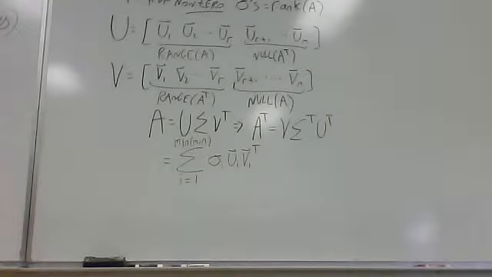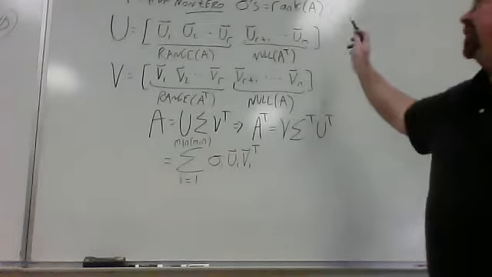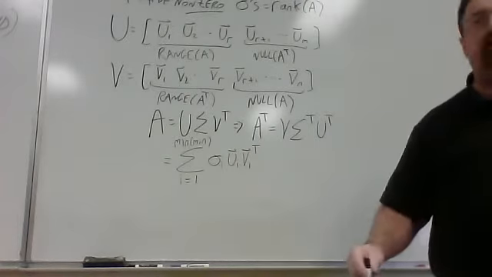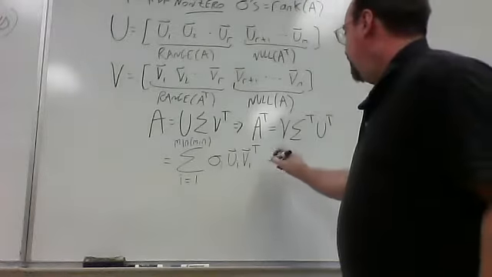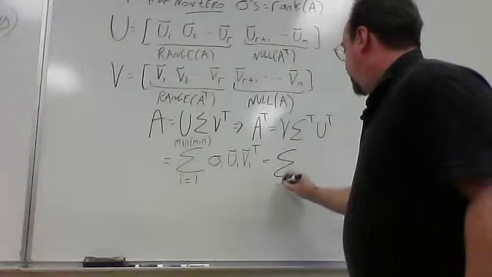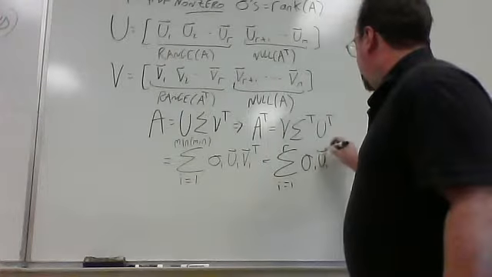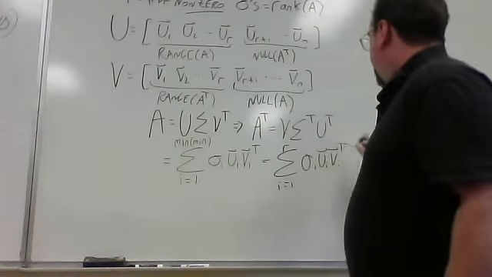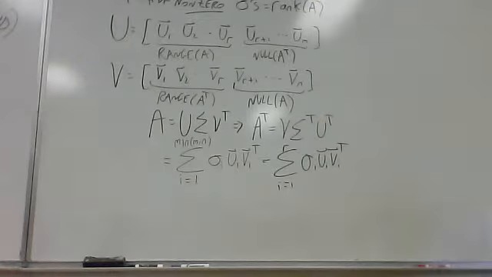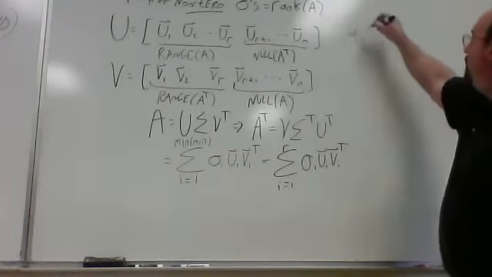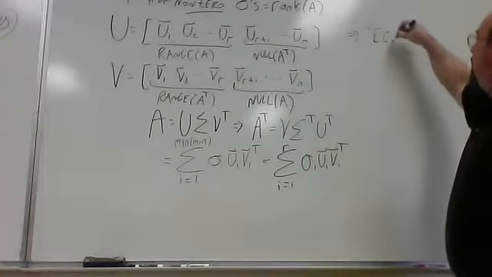R. Yes. The number of non-zero singular values. Once I go past r, these terms will be 0, so I can just forget about them. So now I have this, sum from 1 to r of sigma i, u i, v i transpose. So what that means is, that leads to what is called the